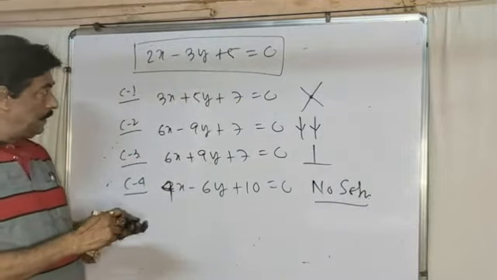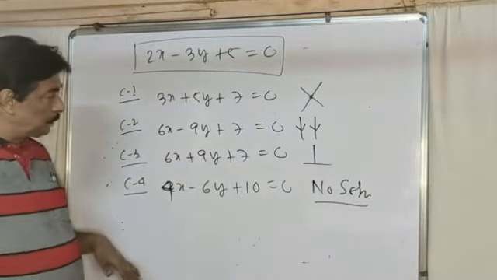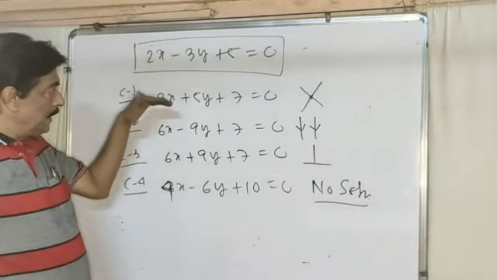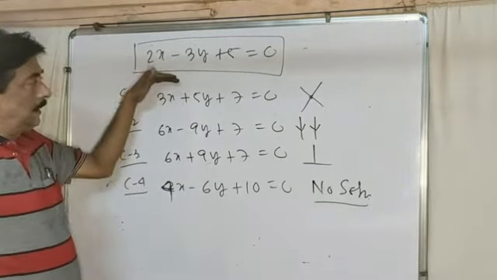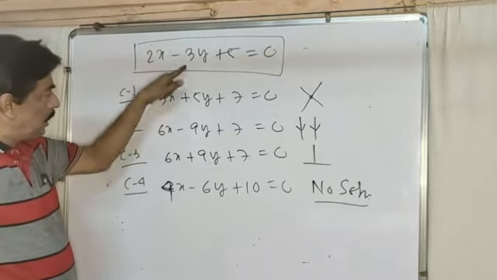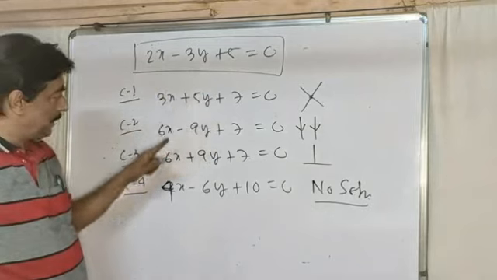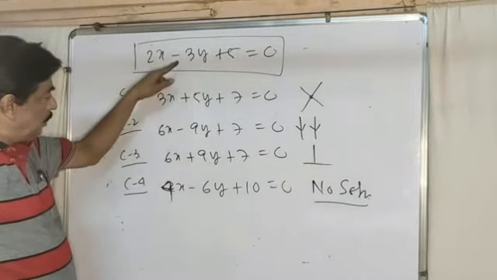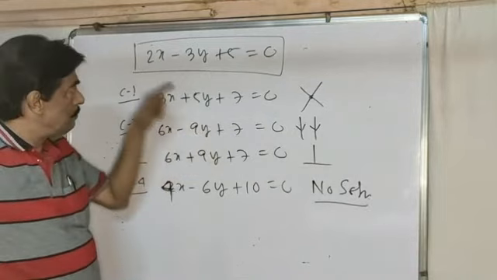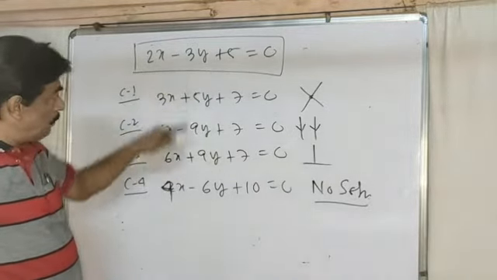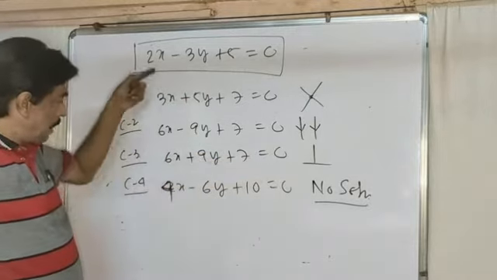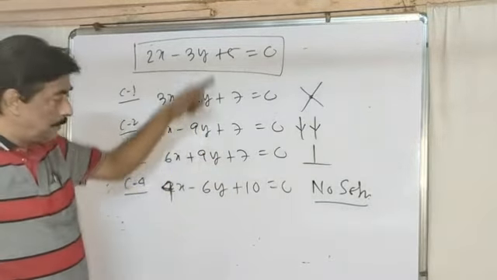One line is given. They are giving 4 options, 4 lines. You have to find out what is the relation between the given line and this line. These are a unique solution because a1 by a2 not equal to b1 by b2 not equal to c1 by c2. Case 2: a1 by a2 equal to b1 by b2, which sign? Same sign, not equal to c1 by c2, parallel. a1 by a2, b1 by b2, negative sign, not equal to c1 by c2, perpendicular. a1 by a2, b1 by b2 and c1 by c2 all the same.